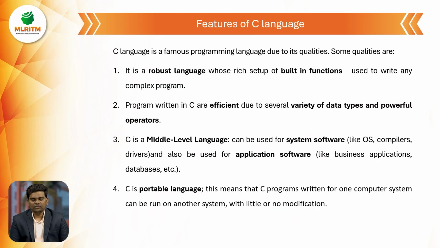Next, coming to the features of C language. Because C has so many qualities, based on these qualities it has some features. The first one is that C is a robust language. Robust is nothing but a strong language. Why it is a strong language: it has built-in functions. We have a list of built-in functions. Built-in functions are like ready-made. For example, we have